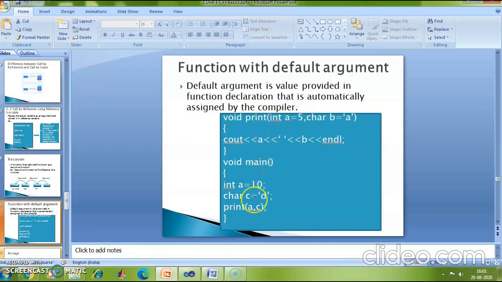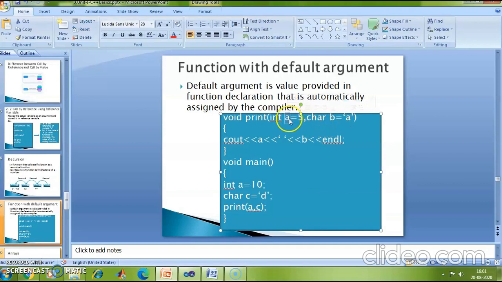Okay, how do I pass this parameter? By call by reference or call by value? We are using call by value, right? We are neither using pointers, nor using reference variables. So I am using call by value. Now you see, the formal parameters that I have used here are a and b.